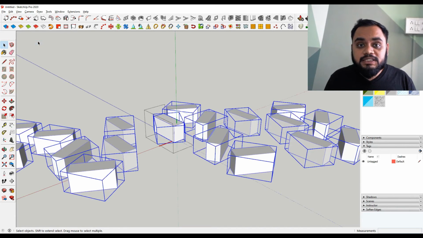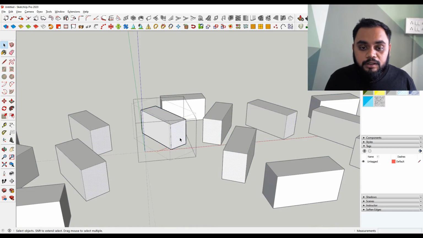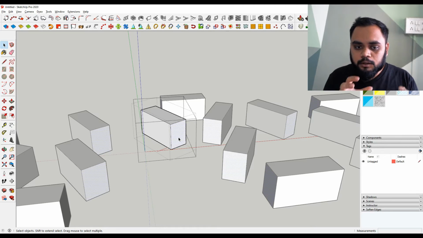Now when I do a paste in place, this one component is placed in every other component, which is a line. This saves a hell of a lot of time for me, because one change I do in one component gets reflected to all the other components. This is the amount of time you can save if you are building something very typical. The block is typical, but the design is staggered.